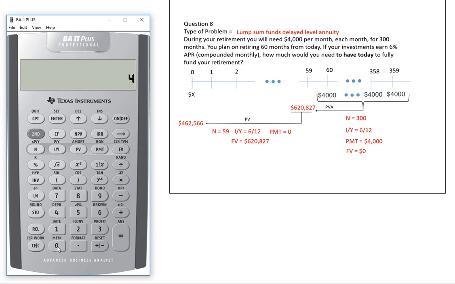$4,000 is each payment, and there's no lump sum, so the future value is 0. And I compute PV. So these 300 cash flows have a single lump sum dollar value of $620,827 as of period 59. But I want to know how much I have to deposit today, so I need to have a present value. So for simplicity, I'm going to